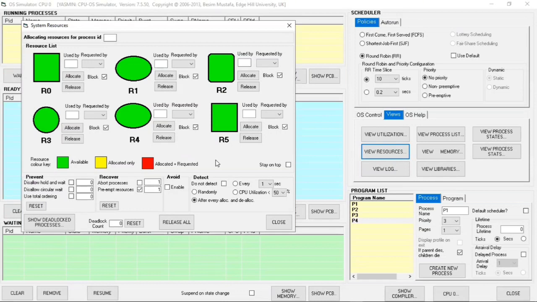And it's the same as before. The program is running, but it may encounter a deadlock, but the deadlock can be avoided and the system will return to normal again.